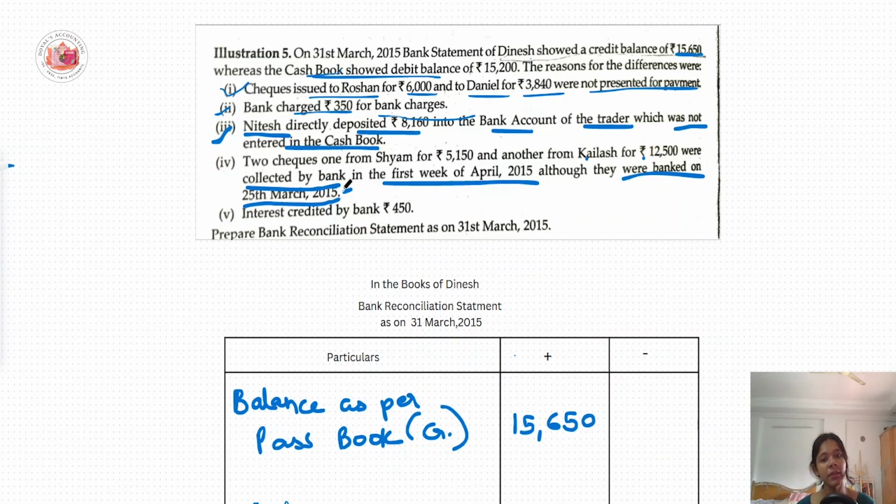And if we are starting with the passbook, all reconciliations will be from the point of view of the passbook. Remember this. In this case, our cash book balance is more than our passbook. So if I need to equalize the two, I have to add the amount to my passbook. I will add